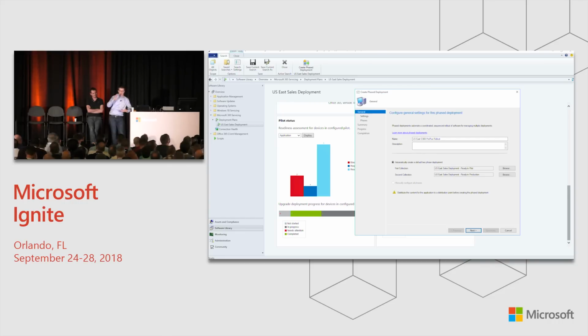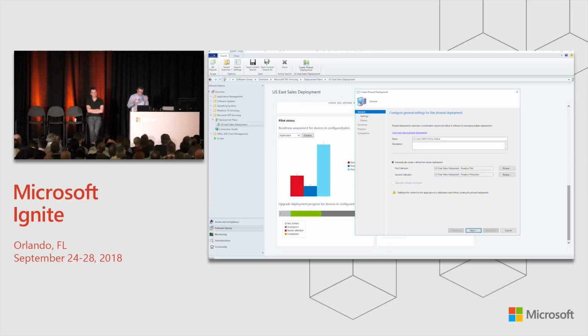It also allows you to have sequence control over what's going on. You want your pilot group, and you can use the recommended pilot group from desktop analytics to go first. You have probably a large production group that would go in the middle, and then you might have a group of VIPs, like at Microsoft, you'd have Brad Anderson and Satya. We would maybe want to go last, and so we could do sequencing that way